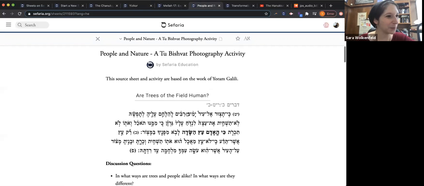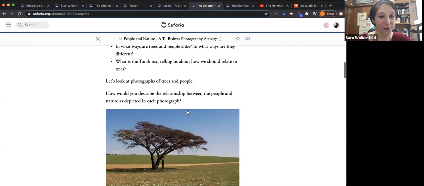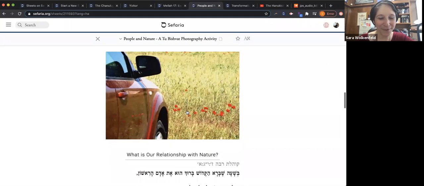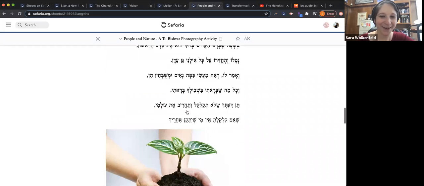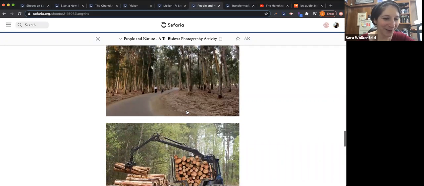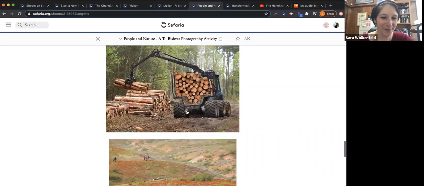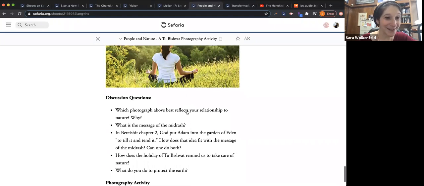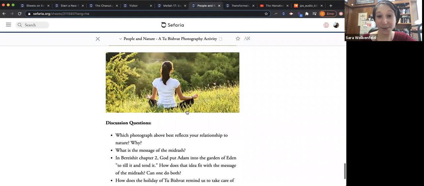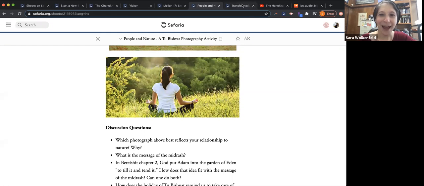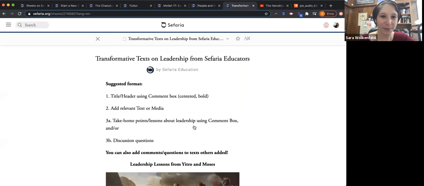And finally, I'll show you two more. This one has photography in it, which these are great pictures. I think my favorite source sheets with images actually, and these are very beautiful, I like the source sheets with images that have children's artwork included in them, which we also have some great examples of. They're maybe not always as aesthetically pleasing, but they're fun to see, and it's fun to see people's artwork paired with texts. So that's another possibility. And finally, I'll show you just one more type of source sheet, and then we'll dive into the how-to.